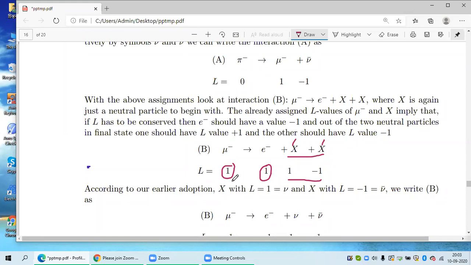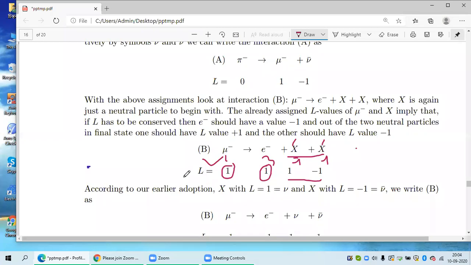Is it clear? Because this is the most conservative way of putting quantum numbers, only taking values 0 and 1, not getting 2, 3 high values, so that you don't end up with infinite possibilities. Clear? So this is one choice at this point. With respect to the earlier choice I just discussed, if it is -1, -1, then it has to be 3. Okay, so this is also a possible choice for the quantum number.